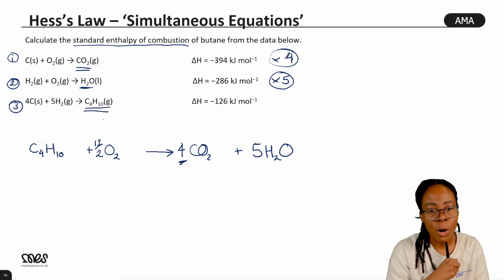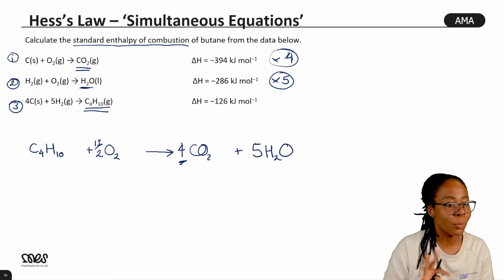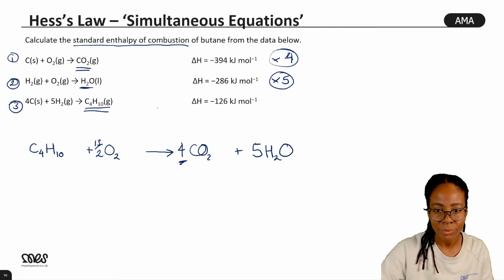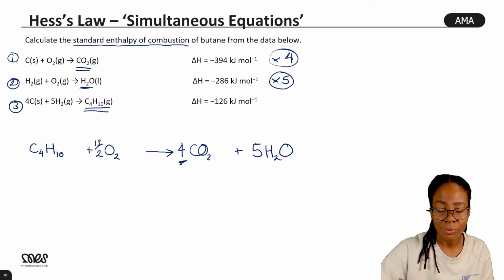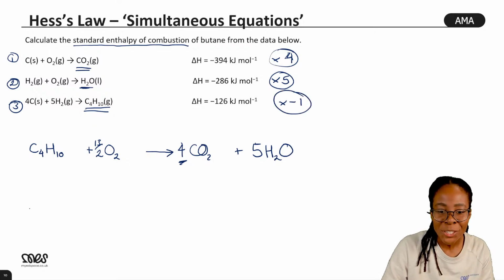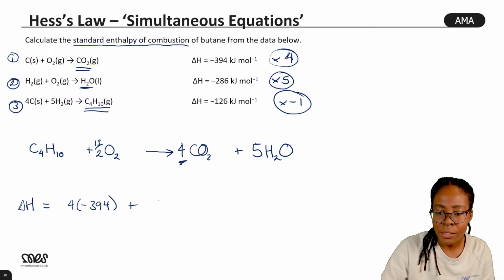What will we need to do to our final equation to get it in the way that we need it? Lovely, times -1 because it's on the wrong side of the equation, but it's the right scale. Fantastic. So now our enthalpy change is going to be equal to 4 times -394 plus 5 times -286